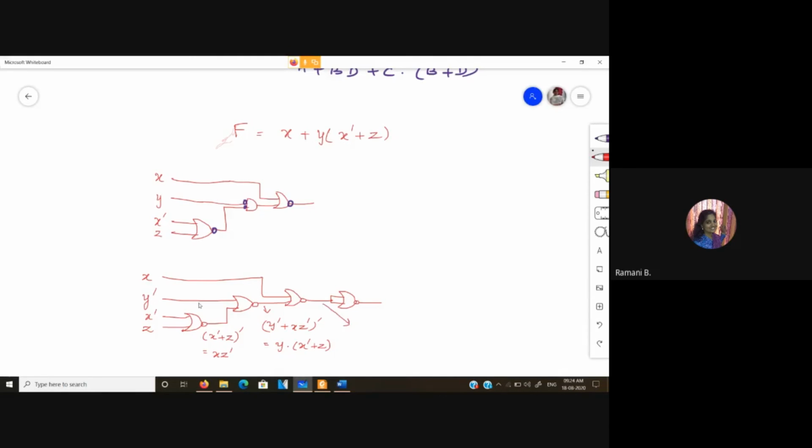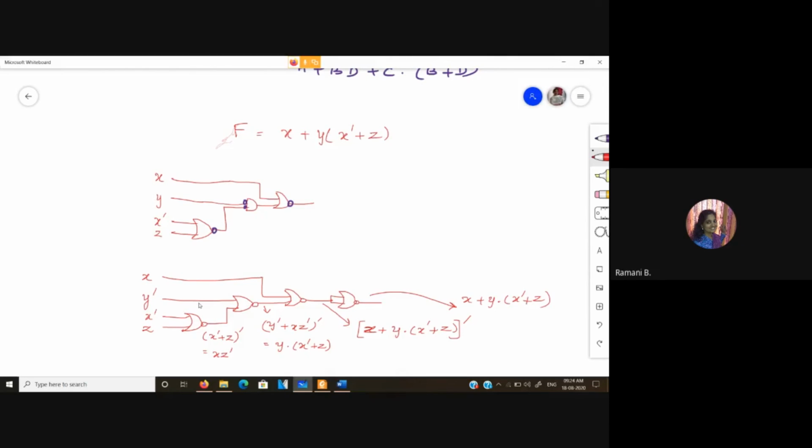And here it is x plus y dot x bar plus z the whole bar. And at this point I am complementing this function again, so this will give me x plus y dot x bar plus z. Okay?